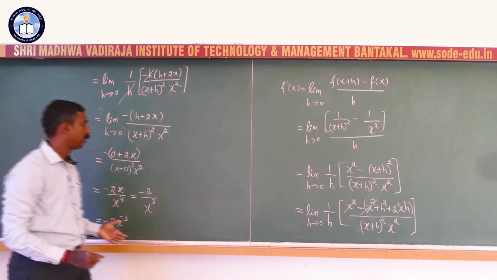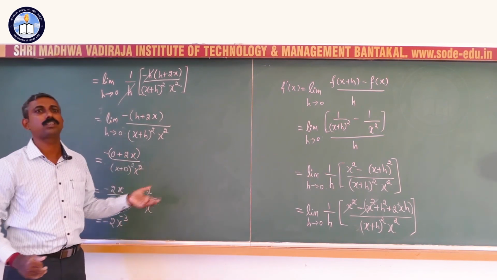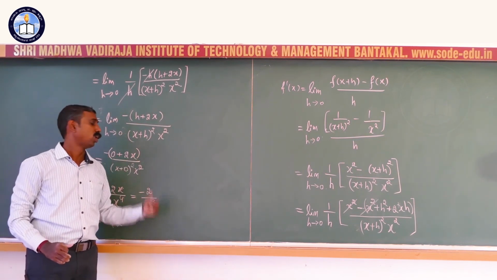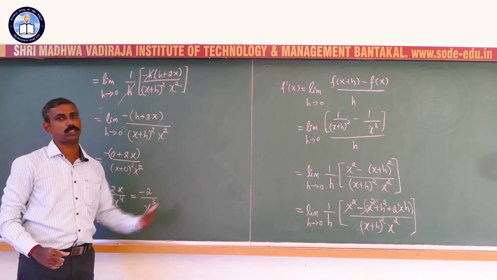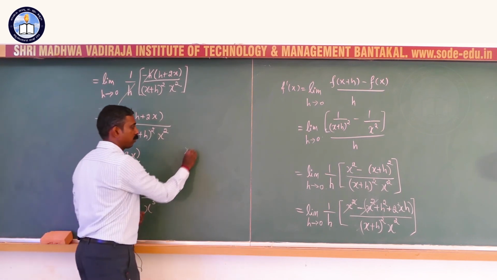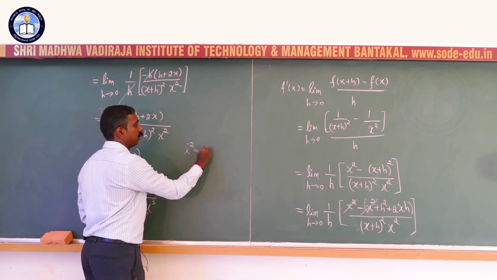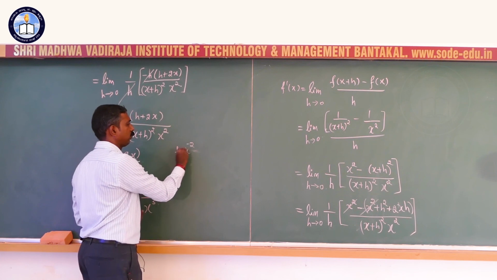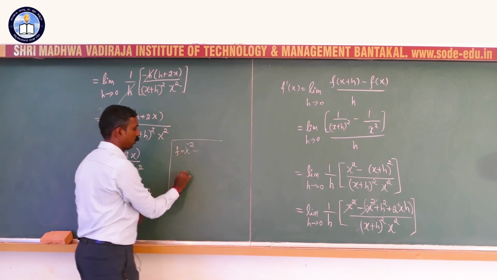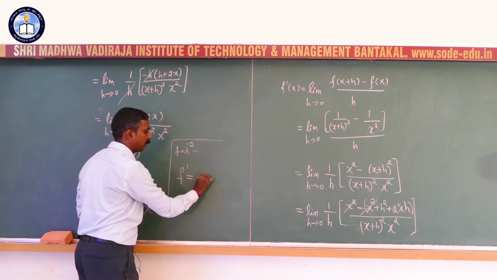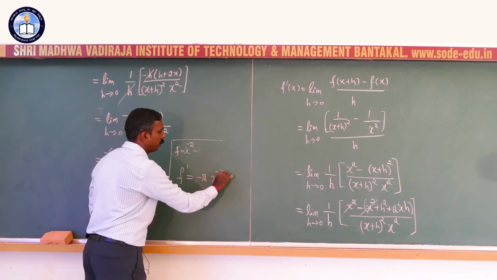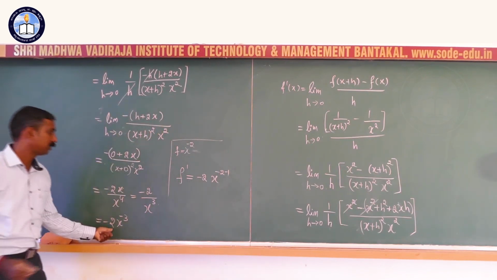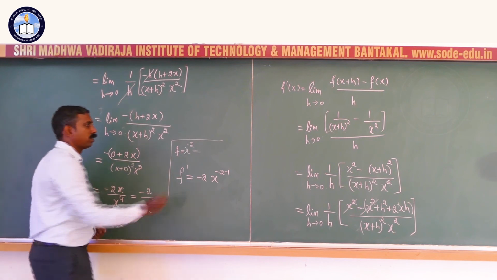You see that the previous expression using the formula of x to the power n also, we got the same thing. It is n into x to the power n minus 1, because x power minus 2 is nothing but... derivative. f is equal to x power minus 2, short limit, right? f dash is equal to minus 2 into x to the power minus 2 minus 1, which is nothing but minus 2 x power minus 3.